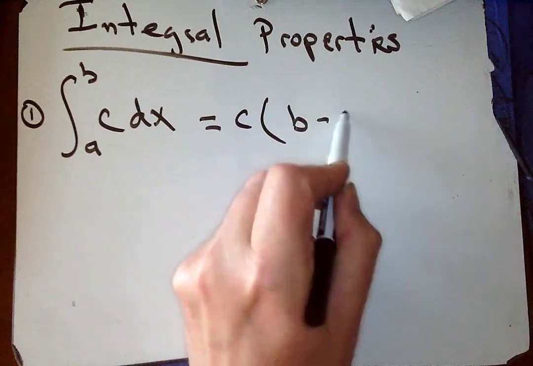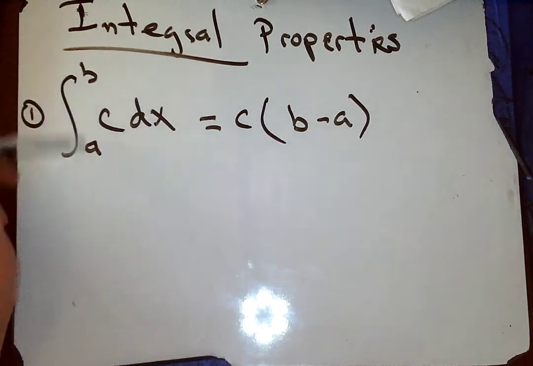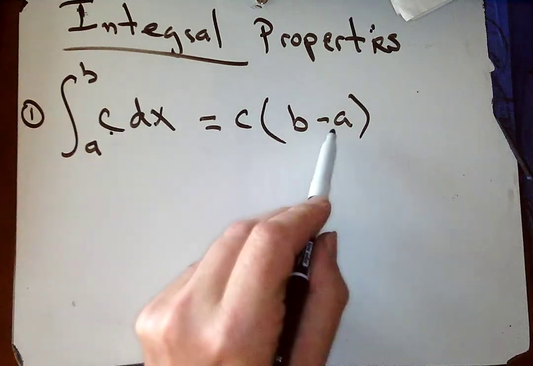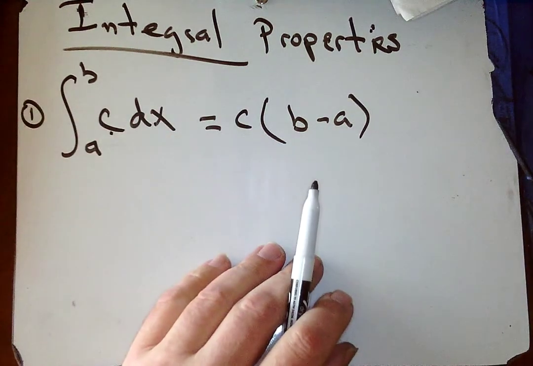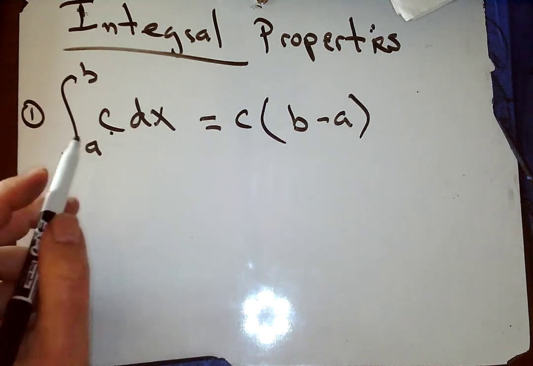We talked about this. We know it's always going to be a rectangle whose length is b minus a and whose height is c, and so we're just looking at the area of this rectangle. All right, there's integral property number 1. Number 2,